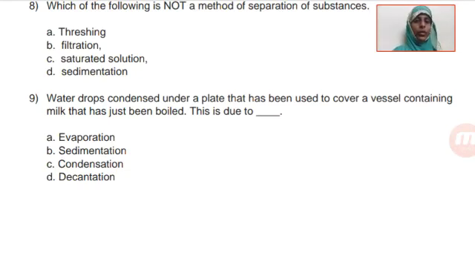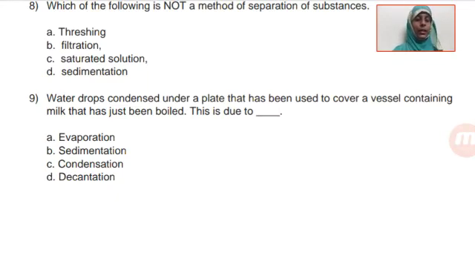The ninth question is: water drops condensed under a plate that has been used to cover a vessel containing milk that has just been boiled. This is due to dash. Let me repeat. Water drops condensed under a plate, like water is boiling and you cover it with the lid, that is used to cover a vessel containing milk that has just been boiled.